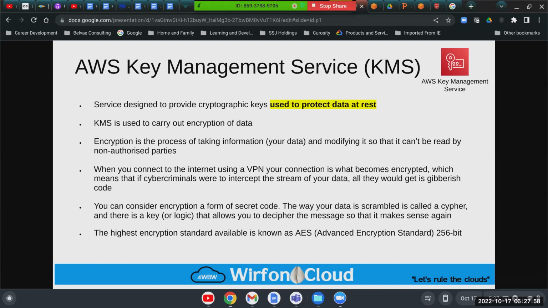I talked about encryption levels, talked about Advanced Encryption Standard 256. That's an element which